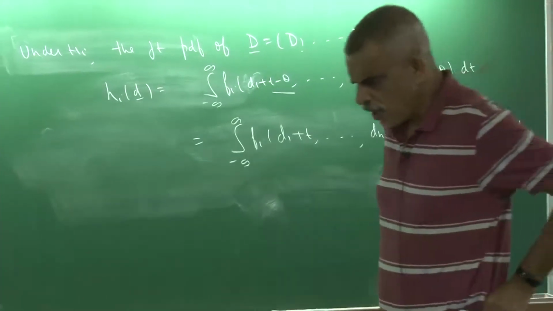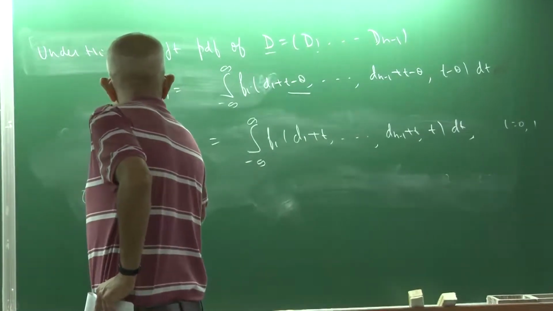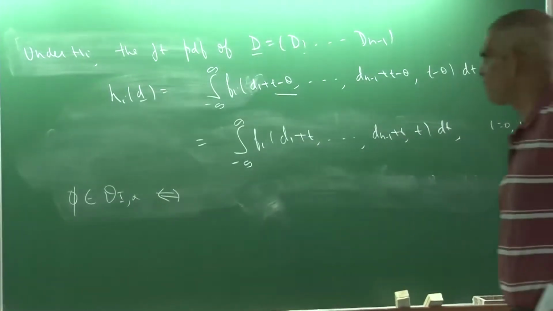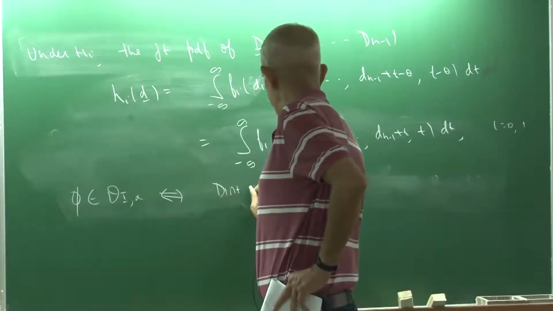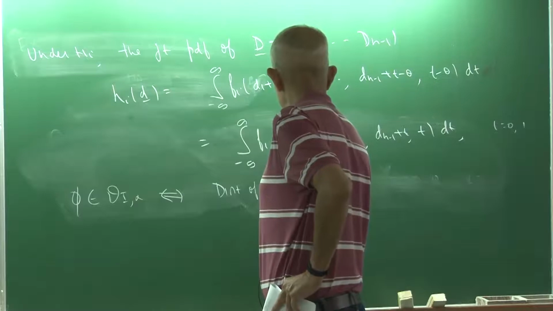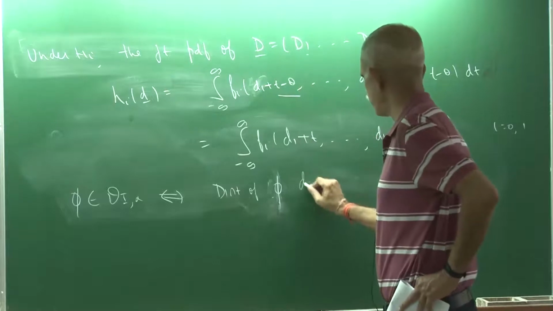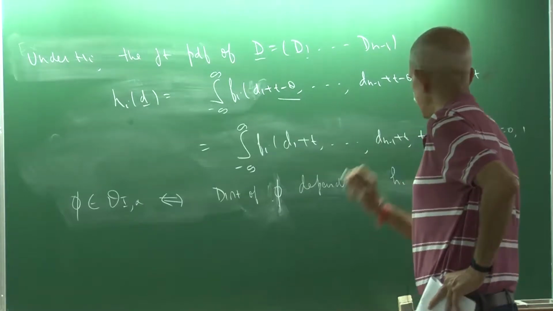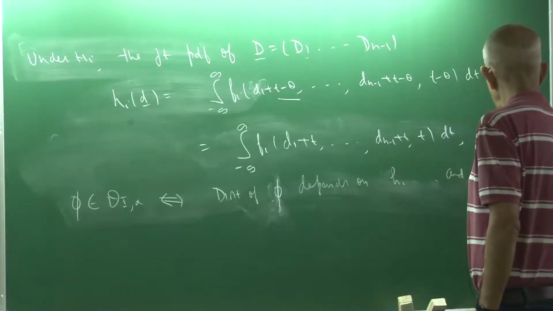So note that your phi belongs to D alpha if and only if the distribution of phi depends on Hi. The distribution of phi, which is invariant, depends on Hi, which is under F0 or F1. And under H0,